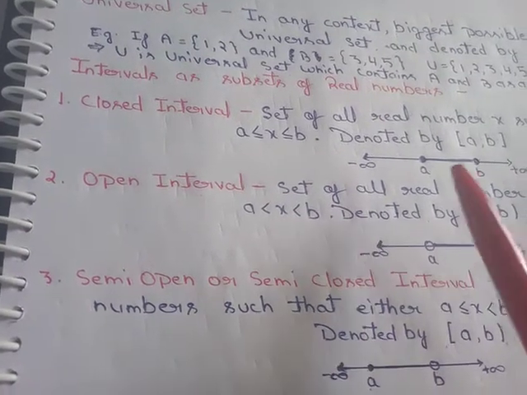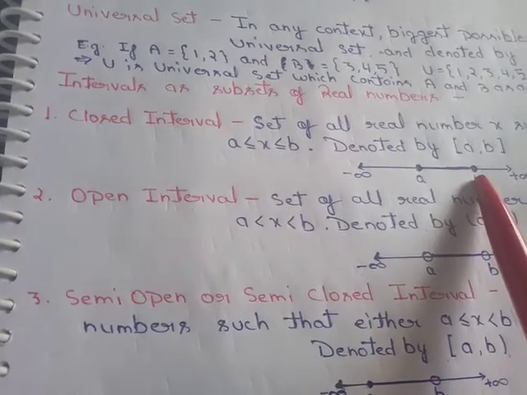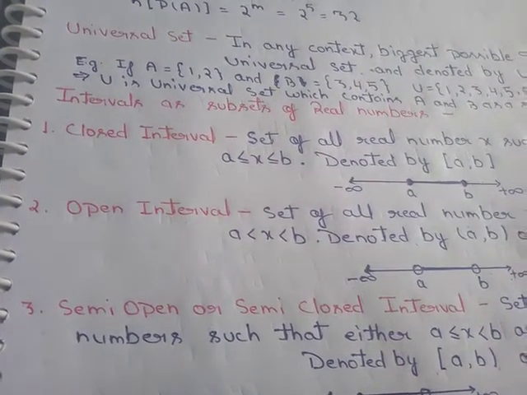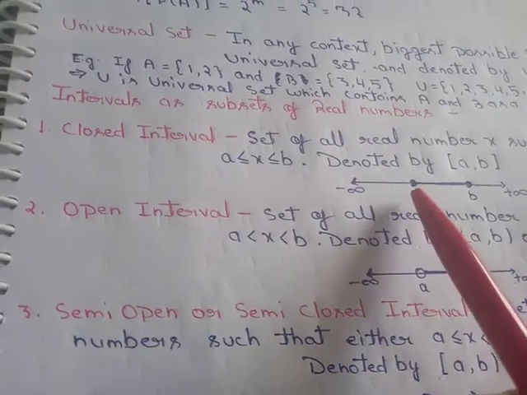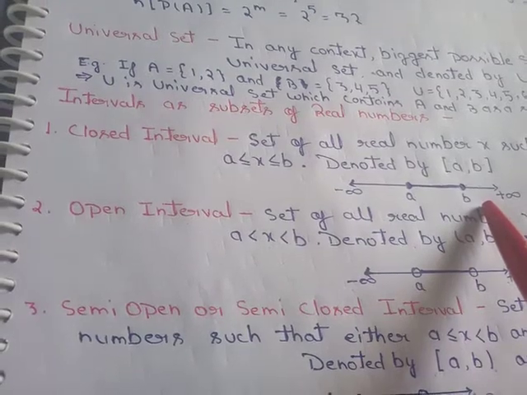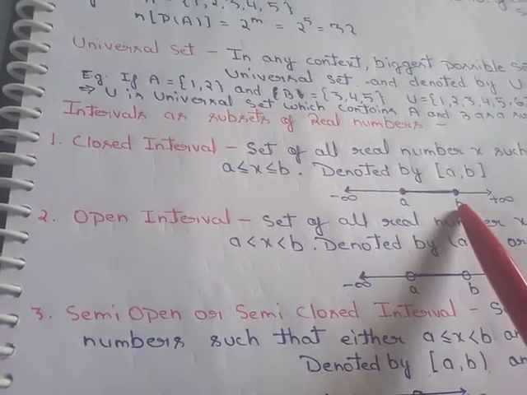And if we take two elements a and b which belong to the set R, the set of real numbers, both elements a and b are included, and all elements between a and b are also included